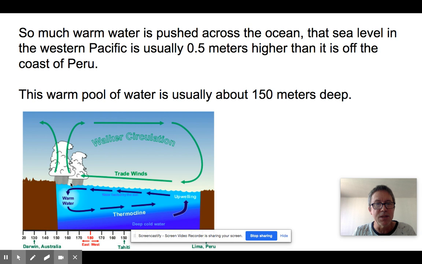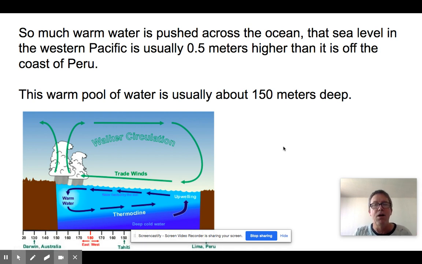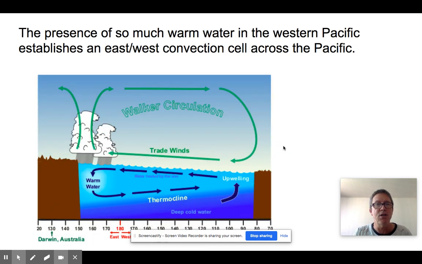So as weird as this might sound, the sea level off the Asian coast tends to be about half a meter higher than it is off the Americas coast, at least in these equatorial regions where you have trade winds. It may not seem like a lot, but if you multiply that out over all this area, what you find is that there's a tremendous amount of warm water here. I mean, half a meter of ocean water covering all this area is a lot. And so there's this big pool of warm, high energy water sitting over here off Australia and Asia.